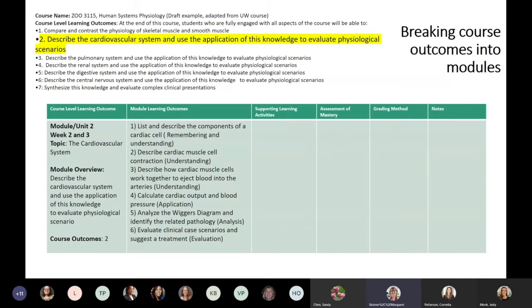And so here I've broken that down, that when I come to, and this is a big section, so I do it over a couple of weeks. When I come to this section, here's where I'm going to start. I'm starting off with just getting them to understand the basics of how the cardiac cell, what it's composed of, what the different components do, etc. Then how that cardiac cell can contract, how a whole bunch of cardiac cells can work together to contract as the heart muscle and pump blood out into the arteries and send it all around the body.